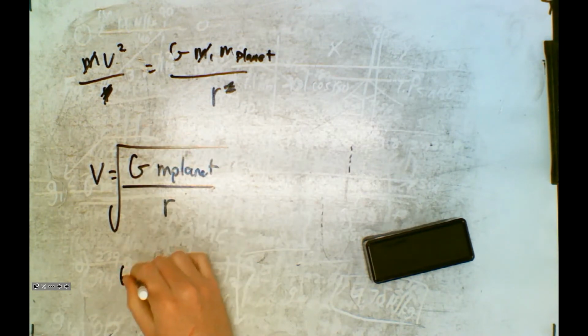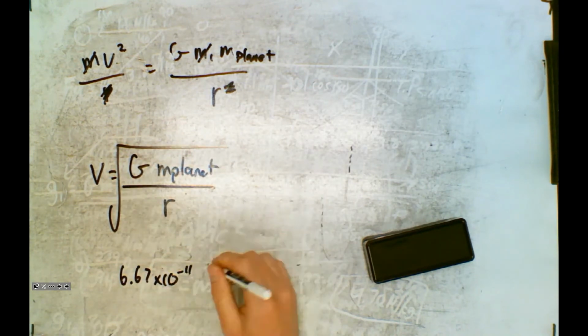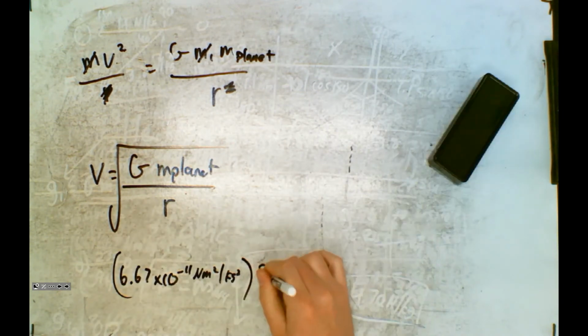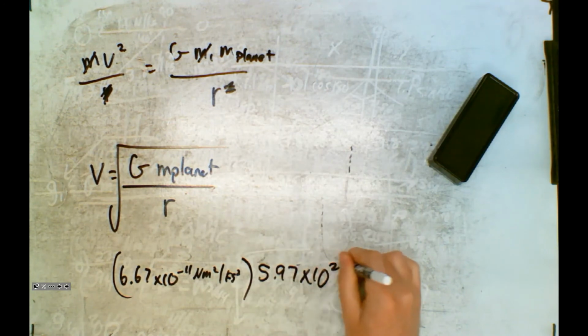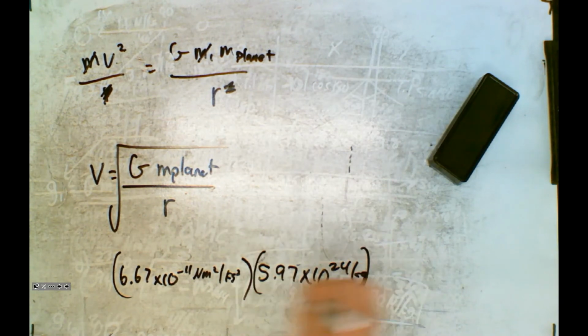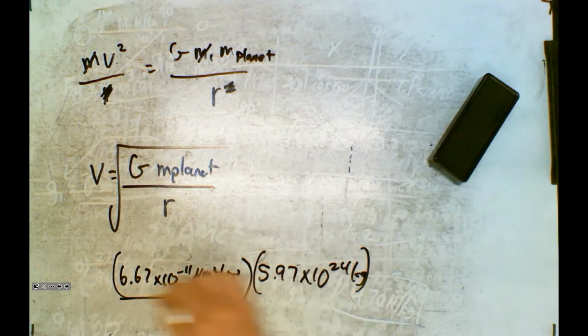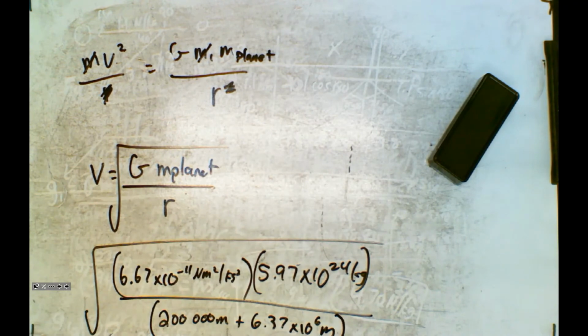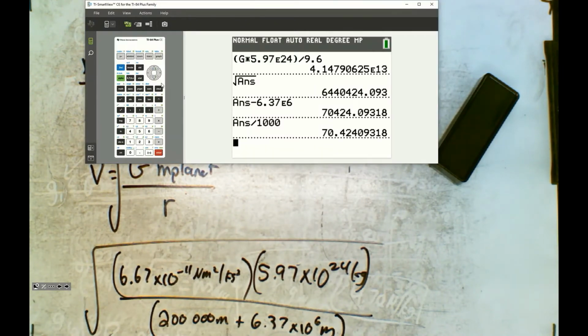So we have 6.67 times 10 to the negative 11 newtons meters squared per kilogram squared. Mass of our planet is 5.97 times 10 to the 24 kilograms. And then our radius is going to be our altitude, which is 200,000 meters, plus the radius of the Earth. And we have to square root that. So when we plug all of that into our calculator,